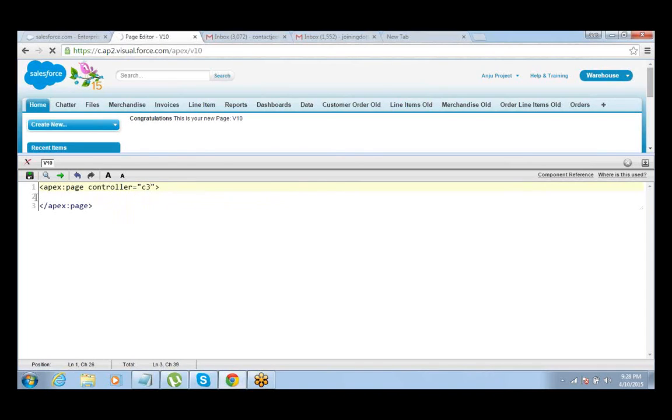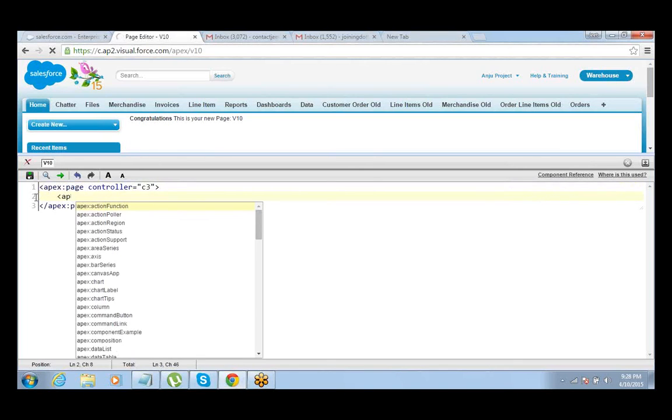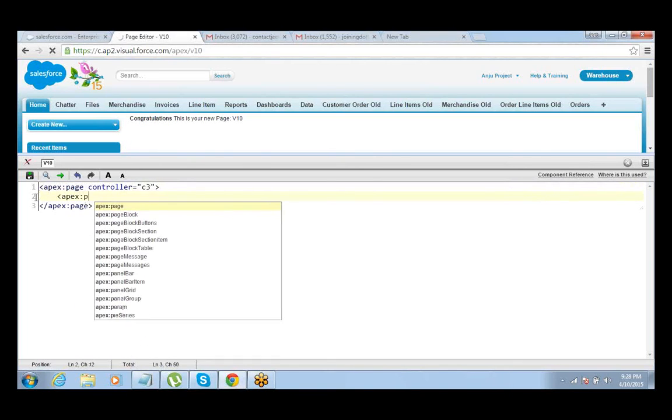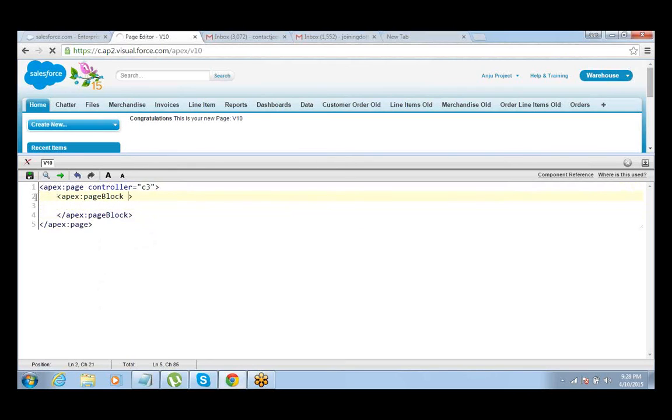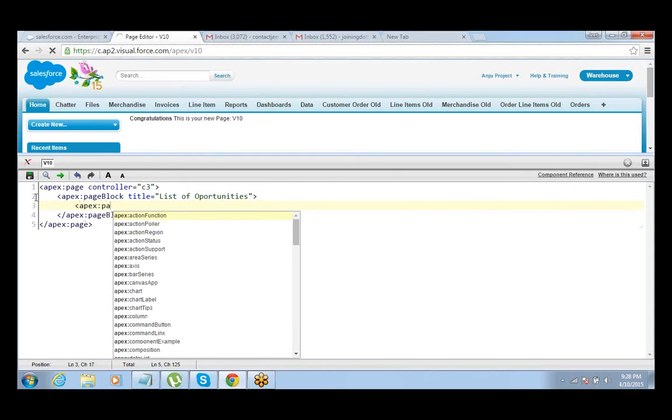So this should be C3, and then create the Apex page block. Title: list of opportunities. Here I can put opportunities or opportunity, anything is fine, because this is just a string, right? Yes, correct. So then we should say page block table.